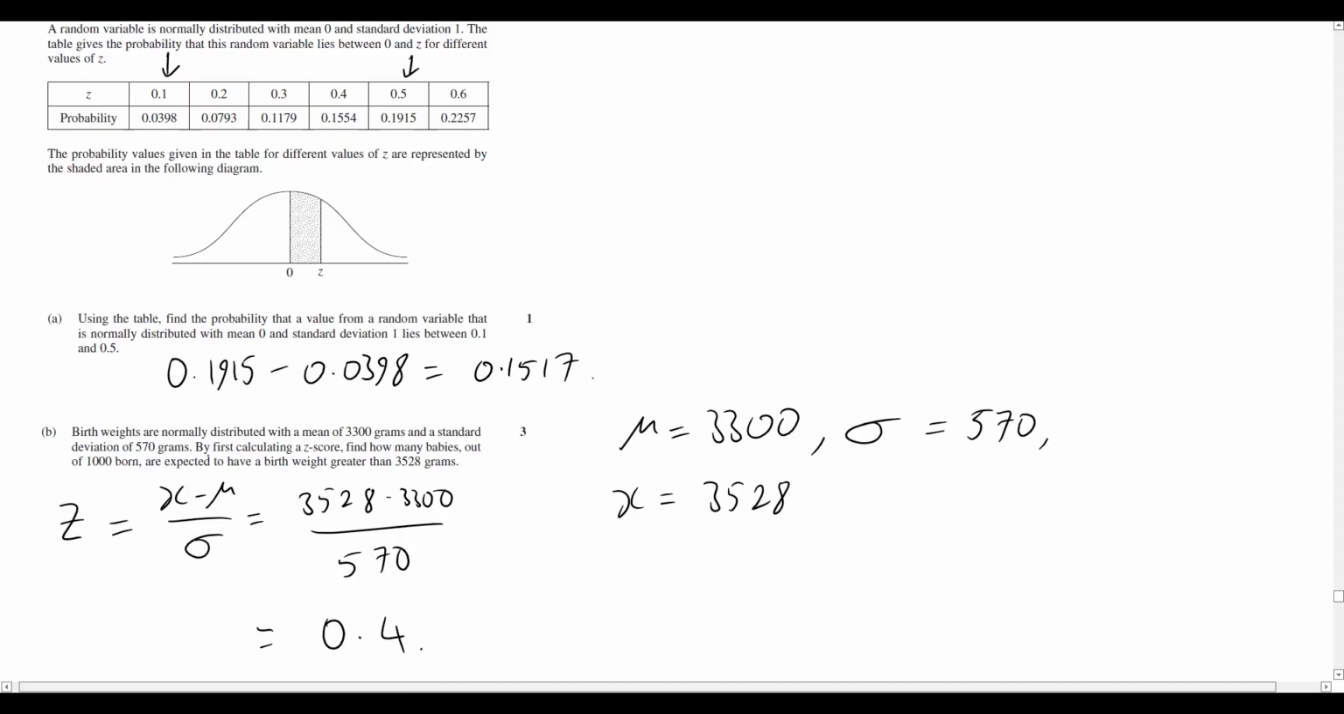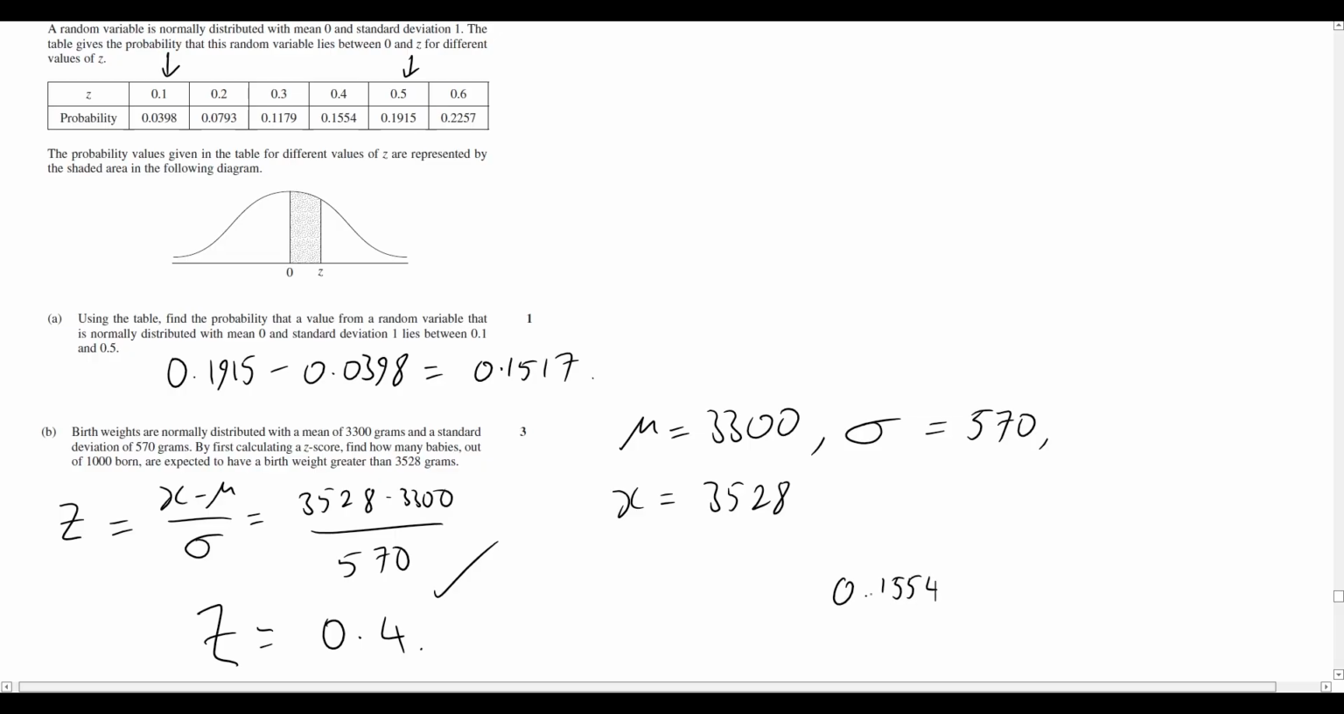Okay, so now let's go back to the question. It says by first calculating a z-score, so we've done that, tick. Find how many babies out of 1,000 born are expected to have a birth weight greater than that value. So greater than that value means we're going to be looking for the area above that section. To compute that, we again refer back to our table. For 0.4, there's going to be that probability value of